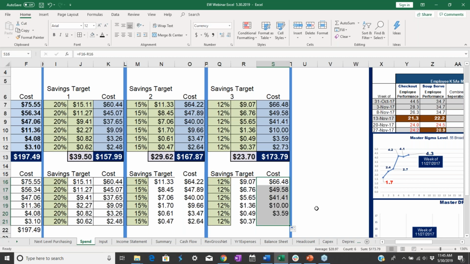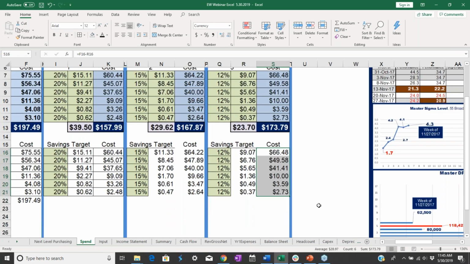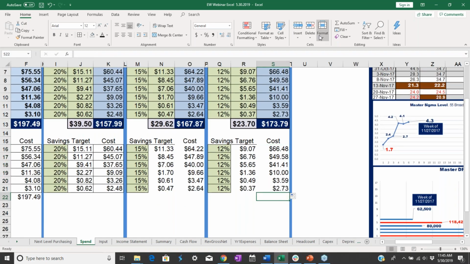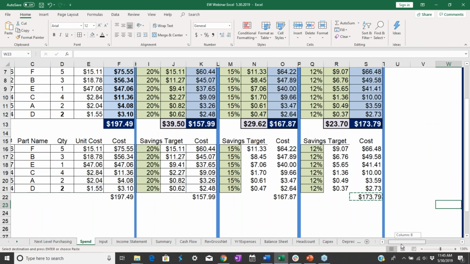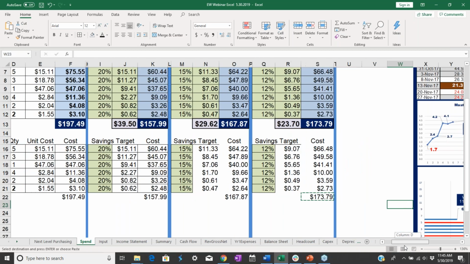So we see our tables look pretty much the same. And again, we would do the auto sum, and we could copy and paste. All right, so that's our refresher. Okay, so now